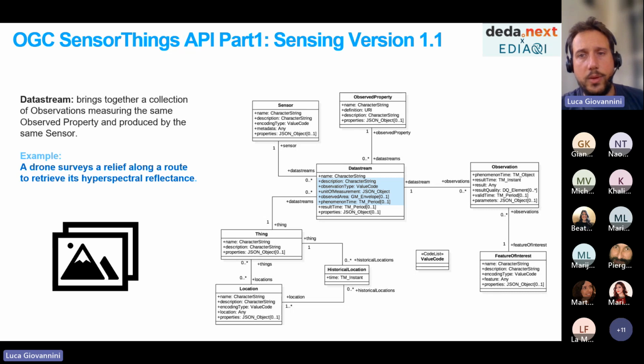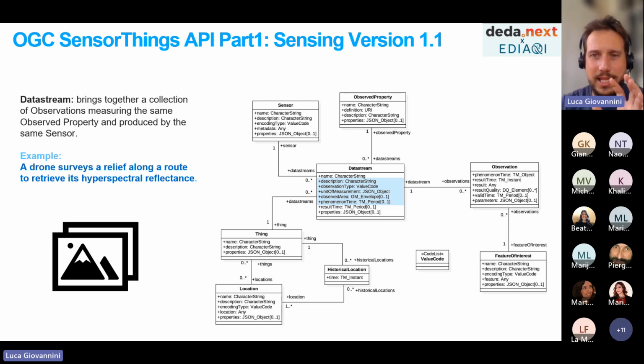So when you know you will be storing a time series about the hyperspectral reflectance of a drone, of that specific drone that is measuring hyperspectral reflectance, then you will create one specific data stream that will be connected to this observed property of hyperspectral reflectance, to the sensor that's mounted on that drone, to the drone as a thing, and, as we shall see in a moment, it's then finally connected to the measurements that the drone is taking.